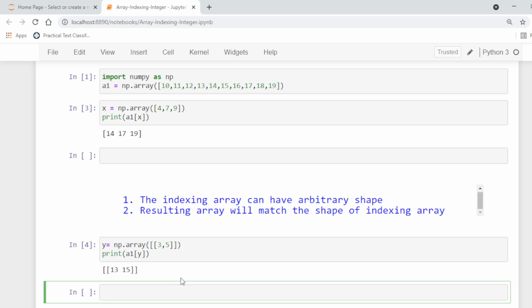If we specify, let's say, another array z, np.array, 1, 3, 4, this is also a two-dimensional array with 3 rows and 1 column.